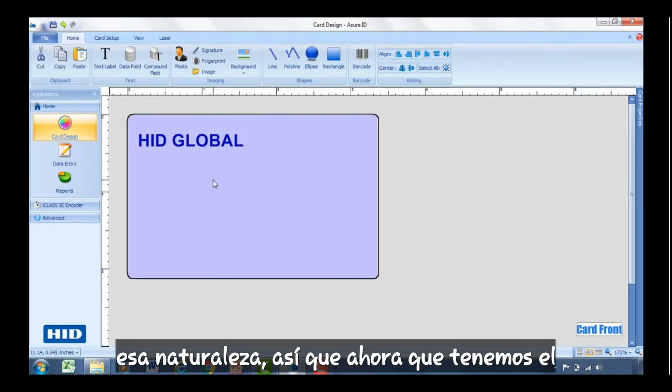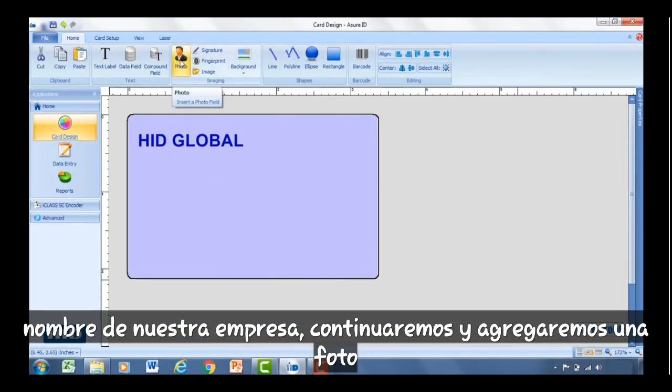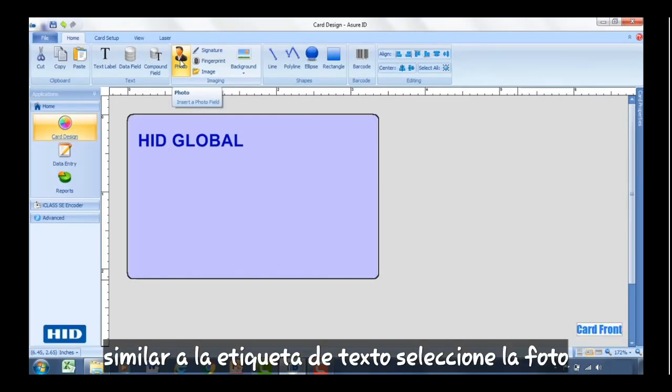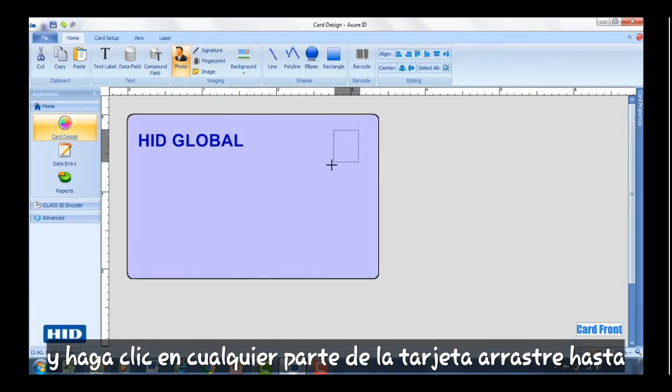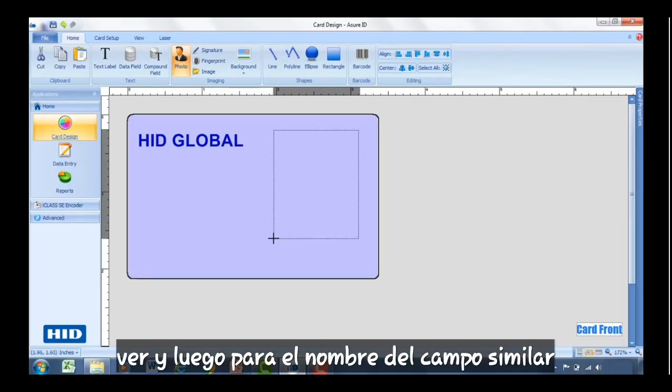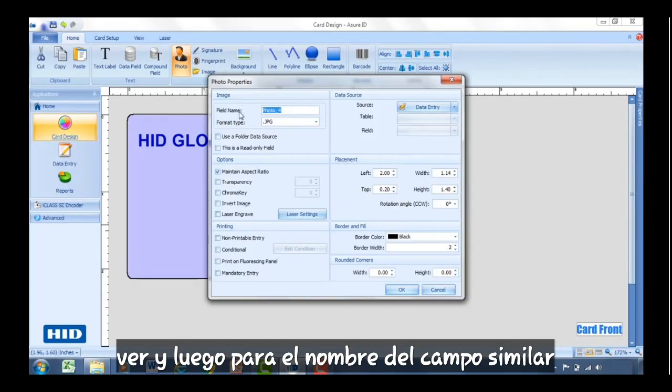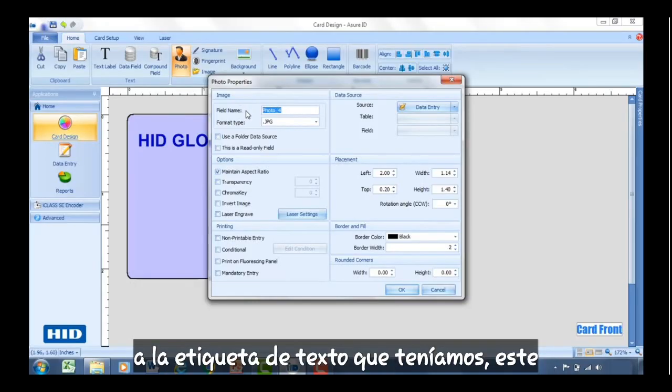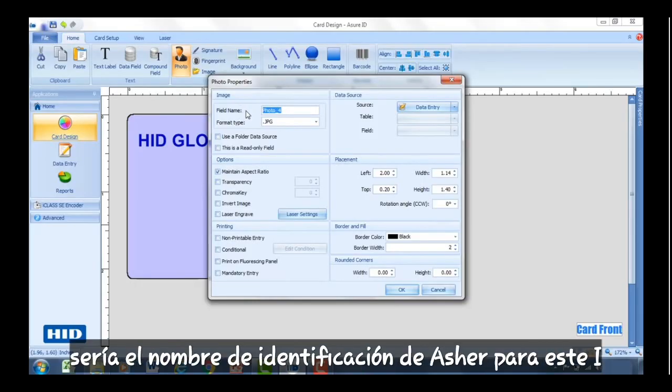So now we've got our company name. We'll go ahead and add a photo. Similar to the text label, select photo and click anywhere on the card. Drag to the size of the photo that you'd like to see. And then for the field name, similar to the text label that we had, this would be the Asure ID